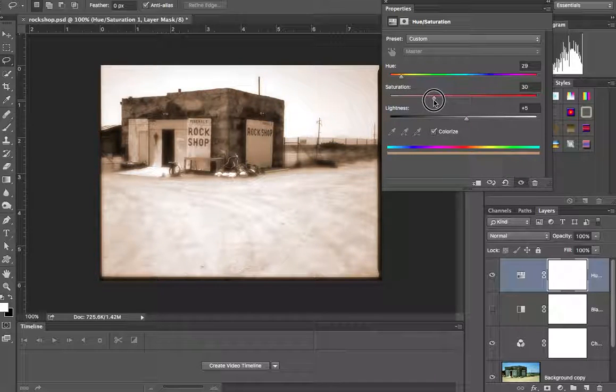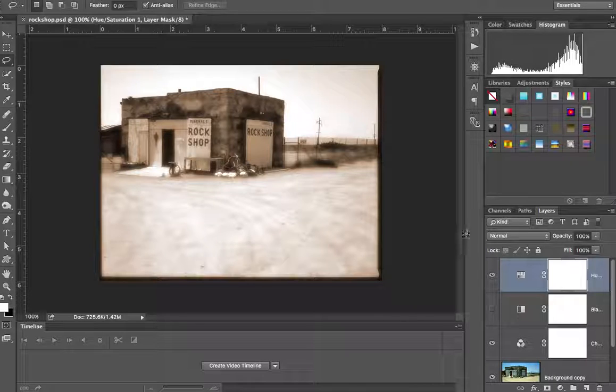Make it a little more subtle. There we go. I kind of like that look. It's kind of a brown, slight brownish tint. You don't have to use my exact numbers, but play around with your hue saturation settings and see what you get. See if you're able to get a really interesting looking tone to your black and white photograph, kind of a sepia toning process that we've settled on here